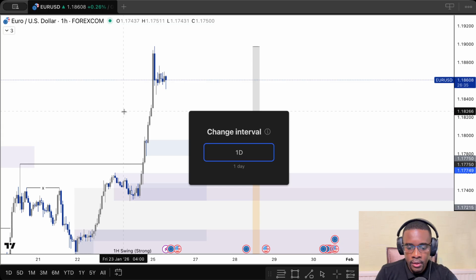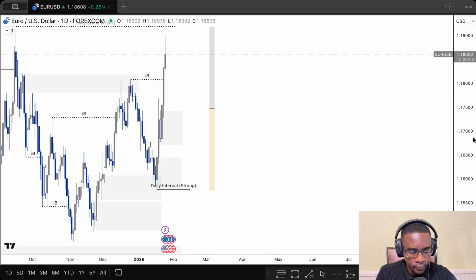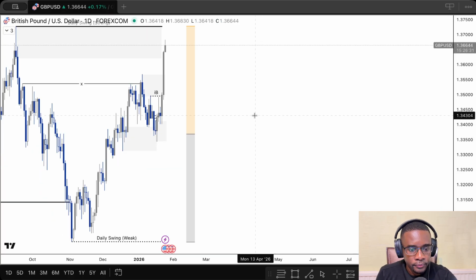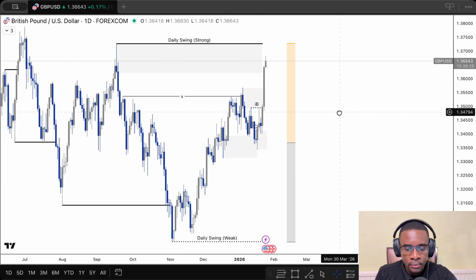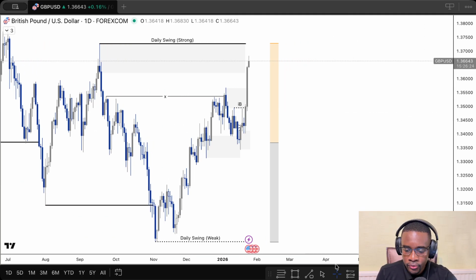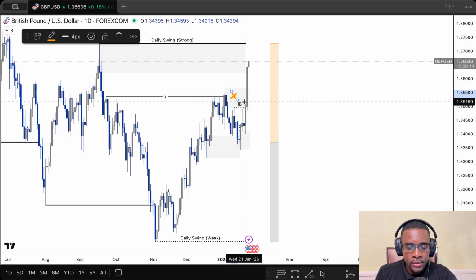So let's look at the pound. The pound is following suit. We've had our internal break of structure. Supply has failed. We've mitigated this extreme level of supply. We can expect a bit of a reaction, but ultimately we're expecting